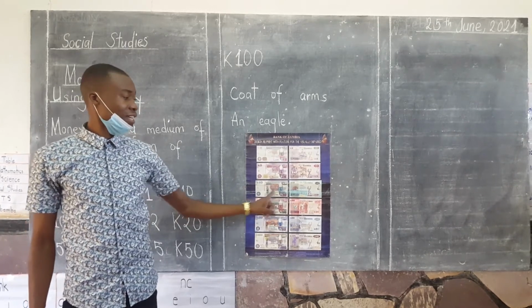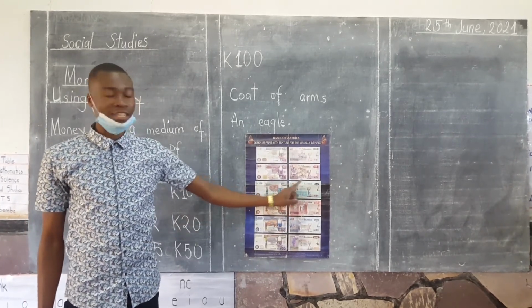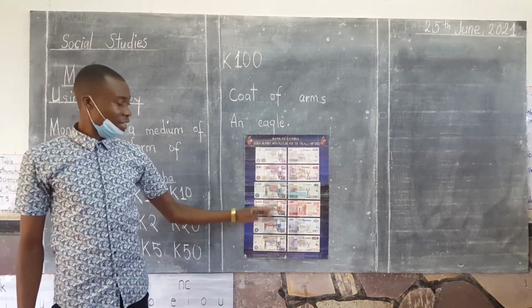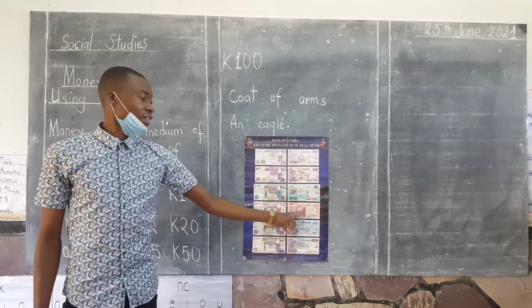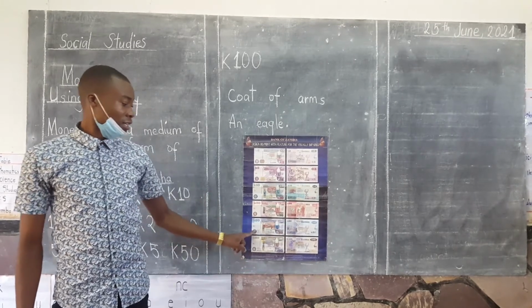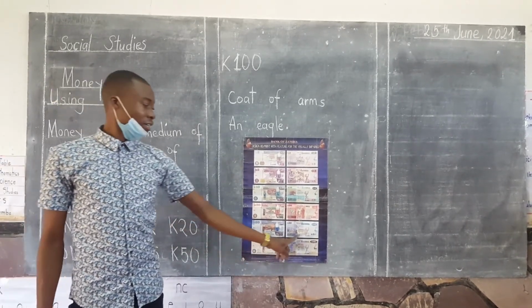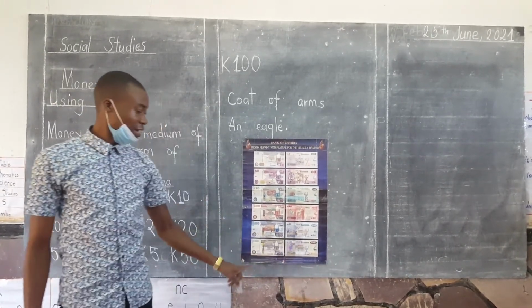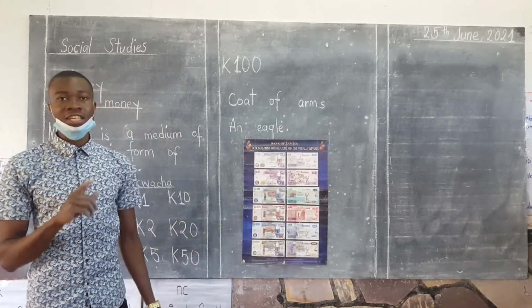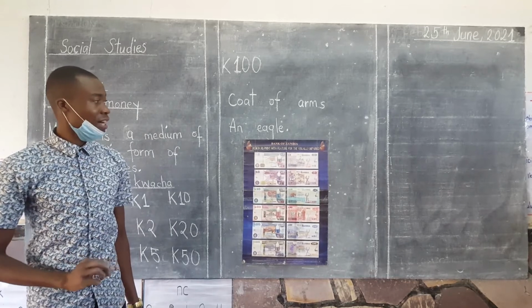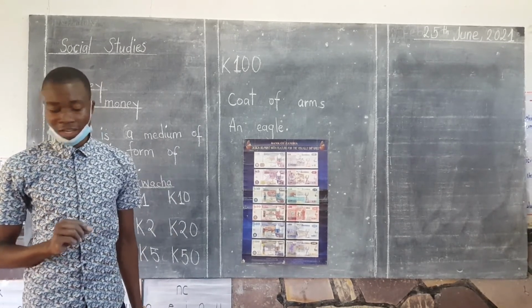We have a 10 kwacha, a 10 kwacha on the other side. We have a 20 kwacha. This is the front part. Then we also have a 20 kwacha, the back side of it. Then we have a 50 kwacha here. The back side of 50 kwacha is there. 100 kwacha. Remember, I said on all the notes that we have in Zambia, together with the coins,